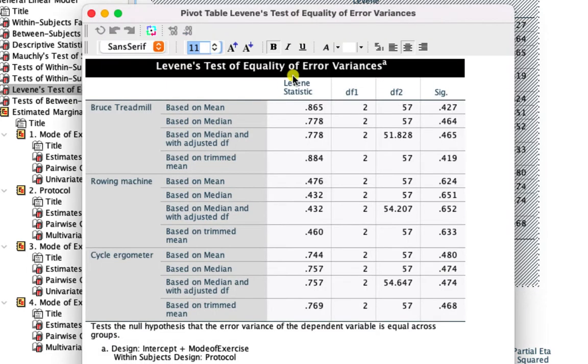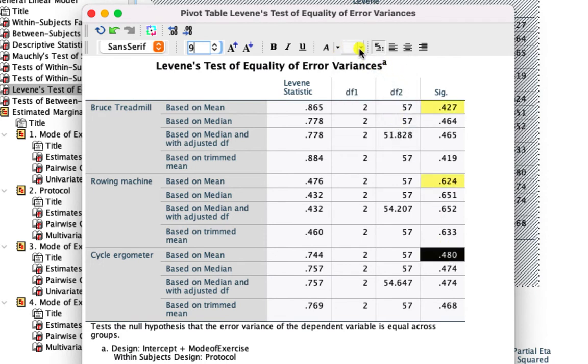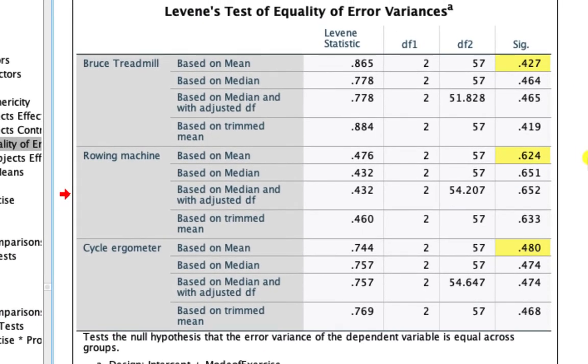And on Levene's test, we should have 3 different p-values because we have 3 levels of the within subject variable by which we are comparing the variances of the between subject variable. So this Bruce treadmill line that's associated with this p-value of 0.427 is telling us that there are equal variances between our modes of exercise, between our training programs within the Bruce treadmill